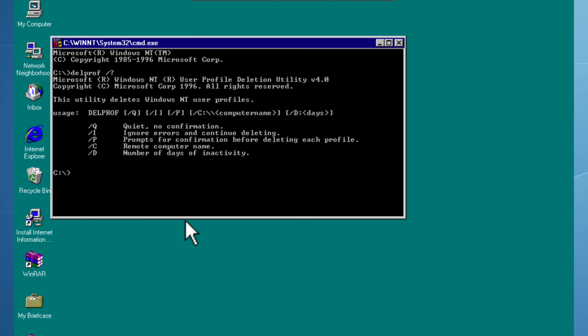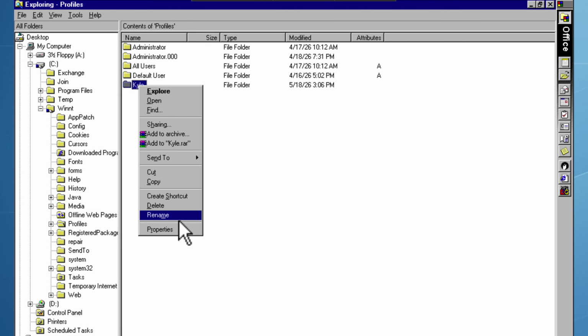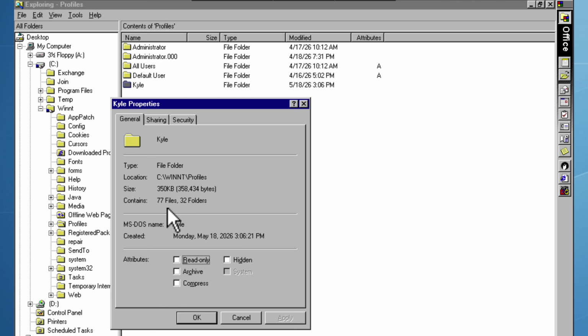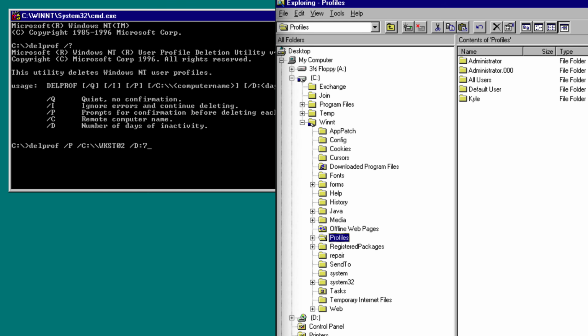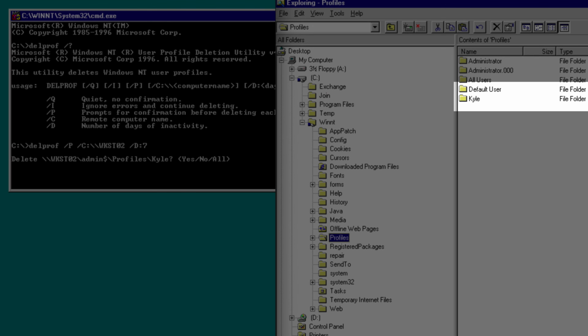I run the help switch with the question mark, and there's several options there. The remote computer that you can connect to and the number of days of inactivity are the most interesting switches that are available. To show how this works, we'll do a delete on my profile here. It's not been used since the 18th of May this year. I'll split the screen here. On the left, I'll run the Delprof command, while on the right, you can see workstation 2, where the Kyle